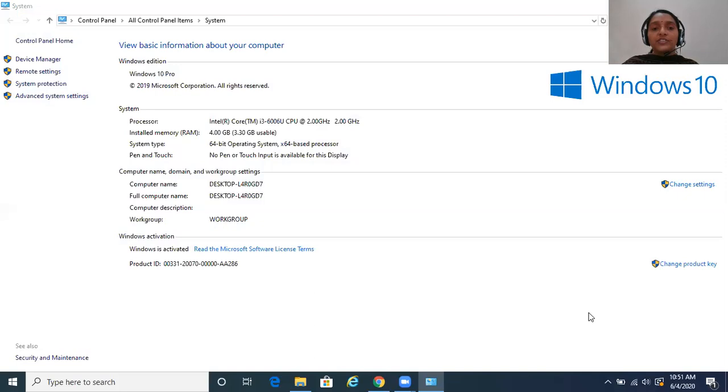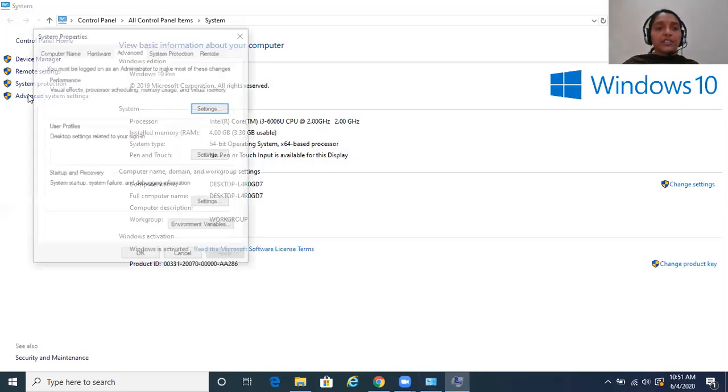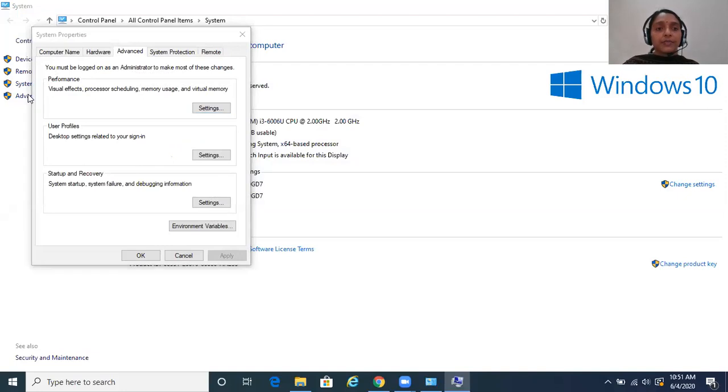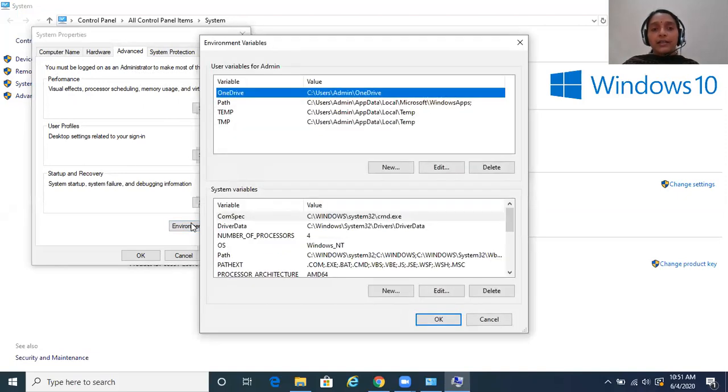Go to advanced system settings. In advanced system settings, you will find something called environment variables. Click that. Go to the system variables part.